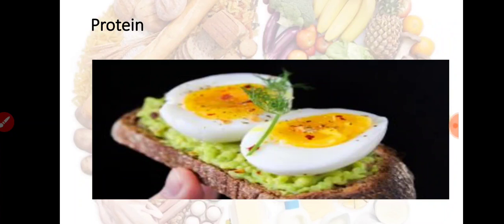Few are non-essential proteins. There are more than 30 non-essential proteins, and they are required by the body in a very small quantity. Sources of non-essential proteins are grains, fruits, vegetables, etc.